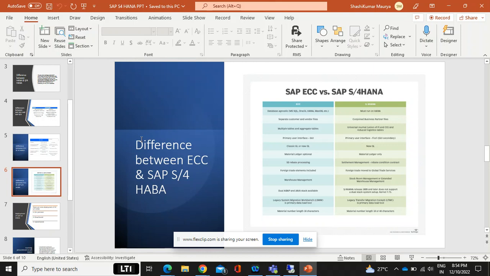The primary user interface in ECC is SAP GUI, but in SAP S/4HANA the primary user interface is Fiori. GUI is secondary, but the primary is the SAP Fiori interface. Classic GL or new GL is available in ECC, but in S/4HANA only new GL is available. In ECC, material ledger is optional,